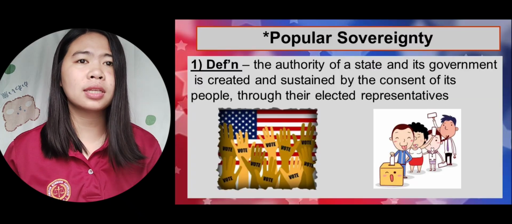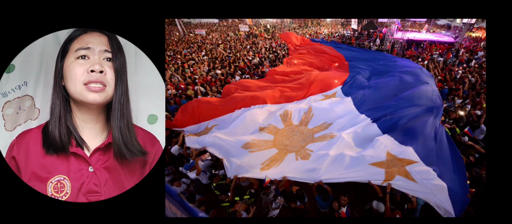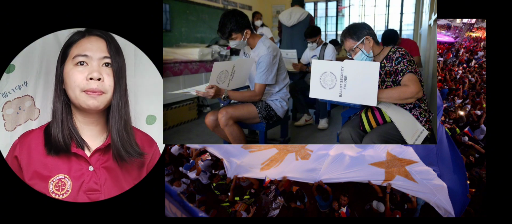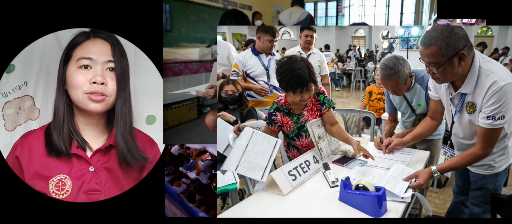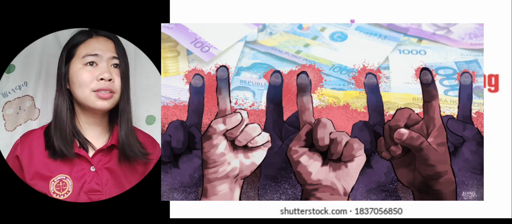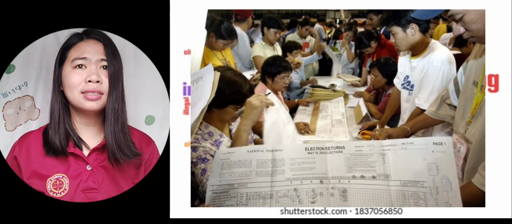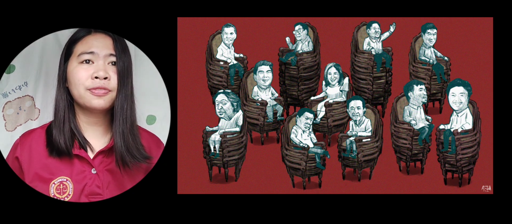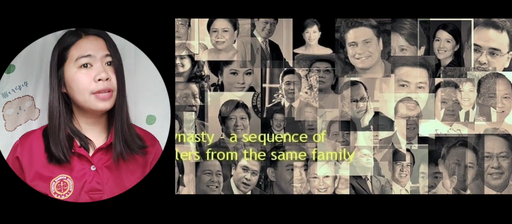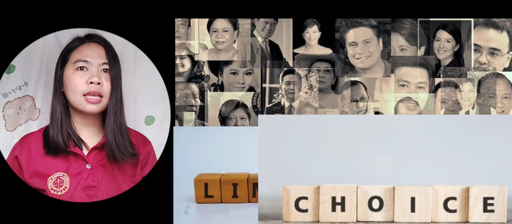Lastly, the popular sovereignty. So the Philippines is a democratic republic, and its government derives its authority from the people. Regular elections are held to choose representatives, but electoral fraud, like vote buying and other irregularities, have often marred these processes. The rise of dynastic politics and the influence of powerful families have limited the choices of voters and weakened